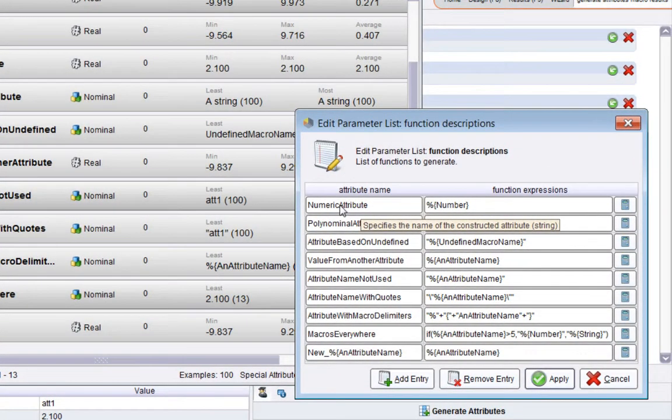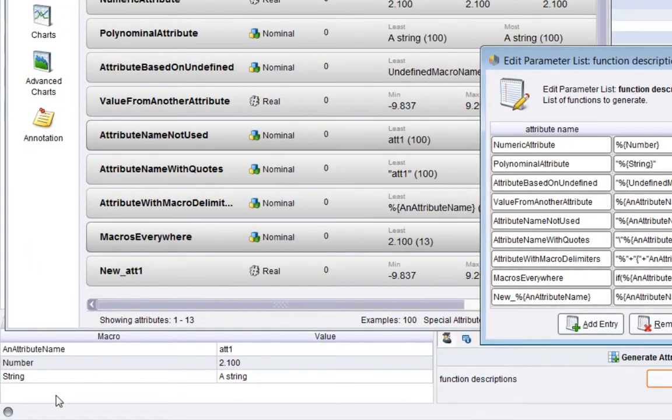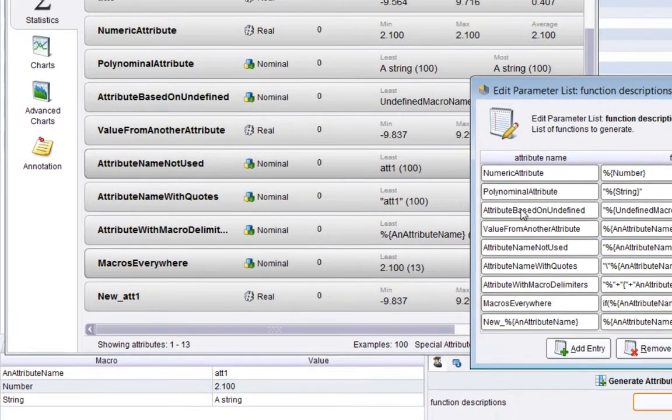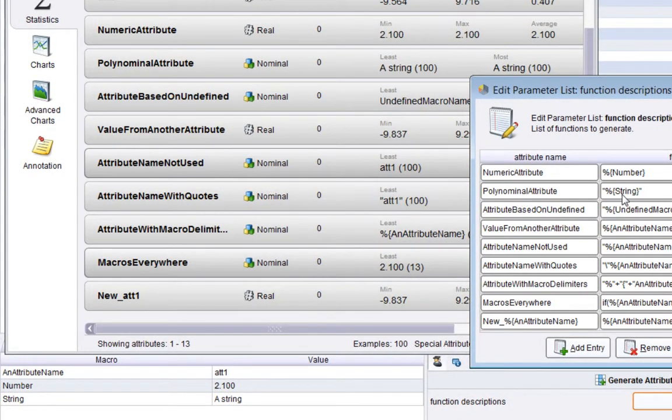The first one has the name numeric attribute, and its value is taken from the macro called number, which, as you can see down here, has the value 2.10. So sure enough, RapidMiner interprets that as a number, and therefore the attribute becomes real in the output example set. The next one down is polynomial attribute. That has the value